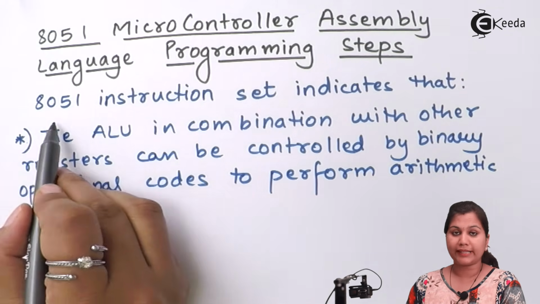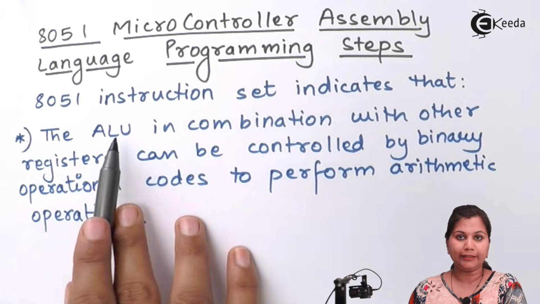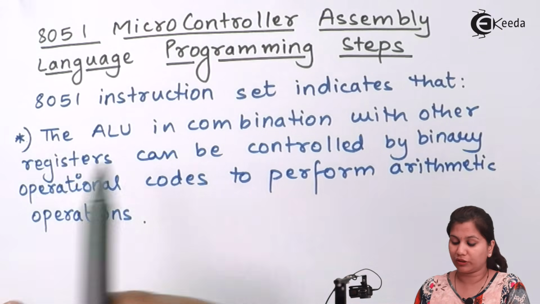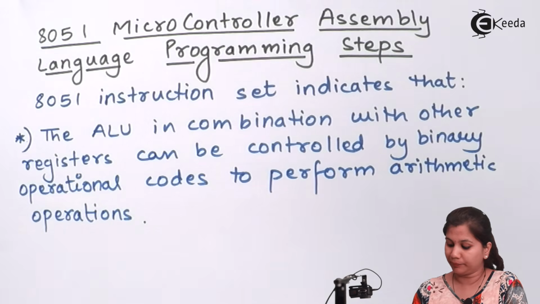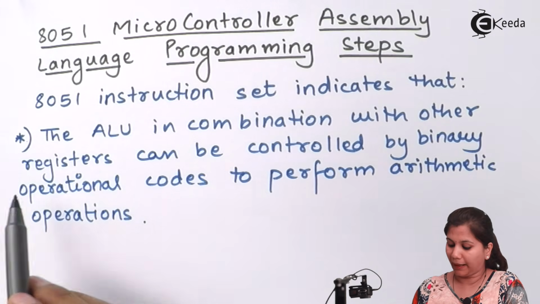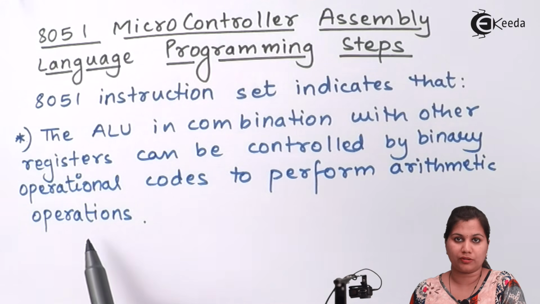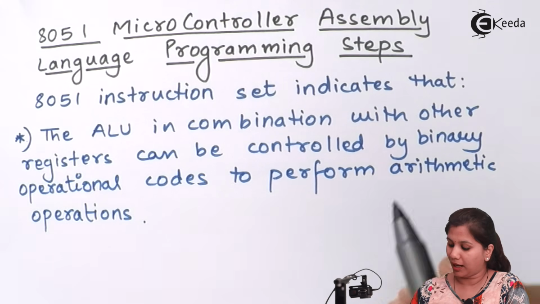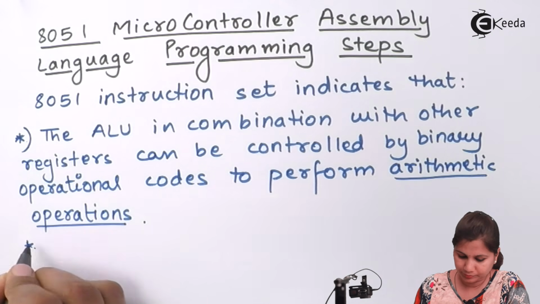So the 8051 instruction set can do first the ALU, that is the arithmetic and logical unit, in combination with the various other registers in the 8051. They can be controlled by the binary operational codes to perform the arithmetic operations. So the first type of operations which the 8051 instructions can perform are the arithmetic operations. Second,